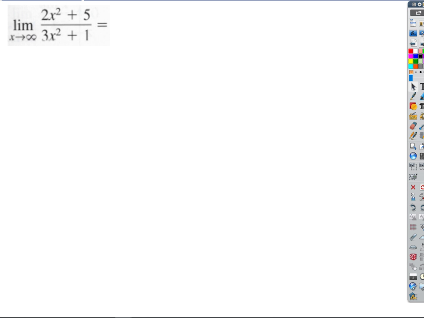So I'm going to factor out what? An x squared, right? The biggest power of x. We'll factor that out of each term. So we'll write this as the limit of x squared times what on the top? Good. And x squared times